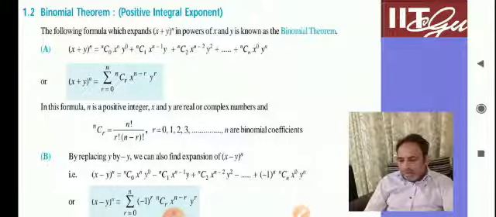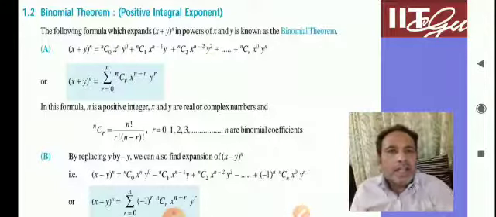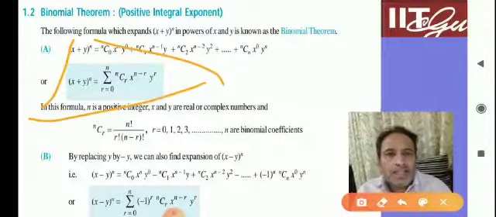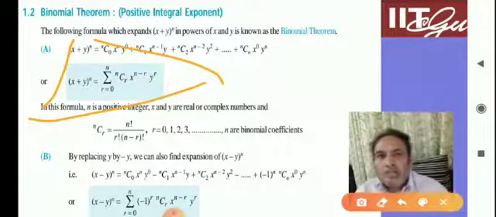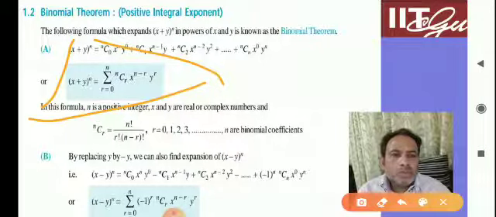Okay, so here the last term is of course nCn y to the power n, that will be x to the power 0. This can also be written as (x plus y) to the power n equals the sum of nCr x to the power n minus r y to the power r. This is the binomial theorem. I am writing it over here because I am making a synopsis so that students who join right now can also understand what the binomial theorem is. That's okay. Anyhow, let's go ahead, because we will use illustrations further.